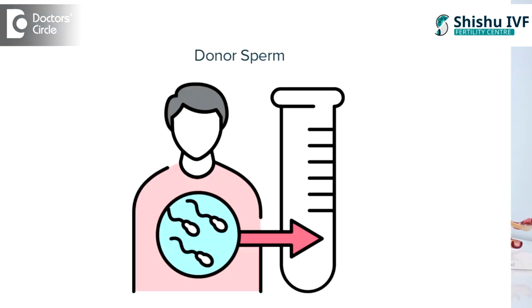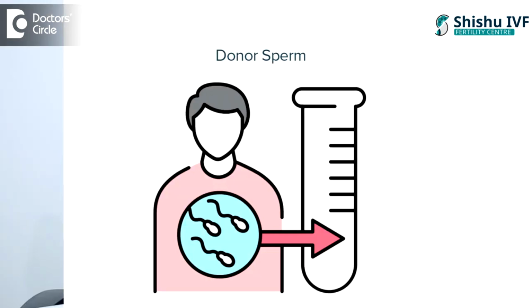If at all we have the option of getting the husband's sperm with some medications or whatever, we try that. If nothing helps, then the last resort will be donor sperm. And sometimes there will be sperms, but the quality will not be good, either when they give the sample or when we do the TISA process, that means directly taking the sample from the testis. When the quality is very bad and it looks like it is going to affect the embryo development, that is also one of the times that we may give the option for donor sperm, keeping in mind that it will affect the embryo quality.